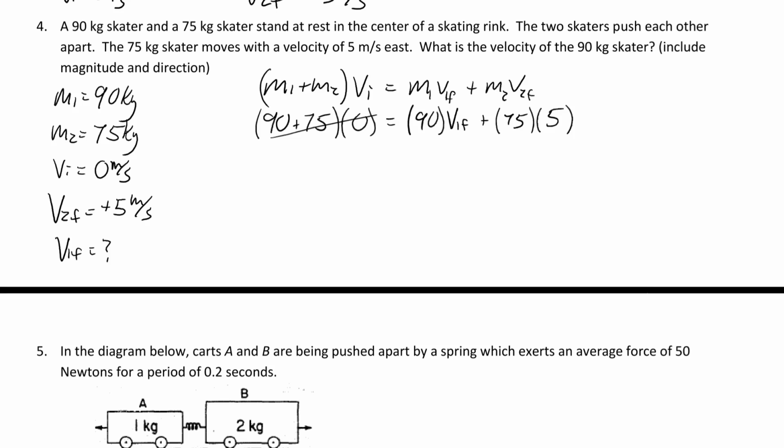So this whole side again turns into 0. So your total momentum for the system is 0 kilogram meters per second, and you have 90 V1F plus 75 times 5, which is 375. Now you subtract 375 from both sides, and then you're going to divide by 90 to get a final velocity of negative